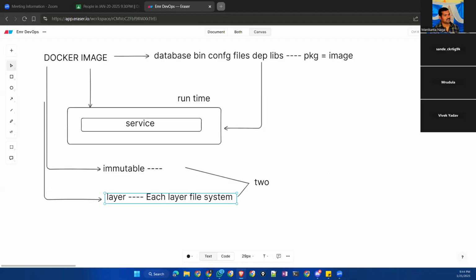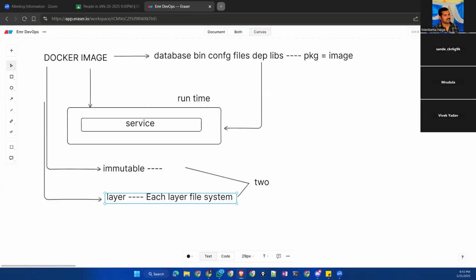So this is the first thing we need to know about the Docker image. Suppose in a Docker file we have FROM, then WORKDIR. FROM is one layer, WORKDIR is another layer, COPY is another layer. It's a four-layered Docker file, and in that, if you add the RUN instruction multiple times, because in the RUN, what